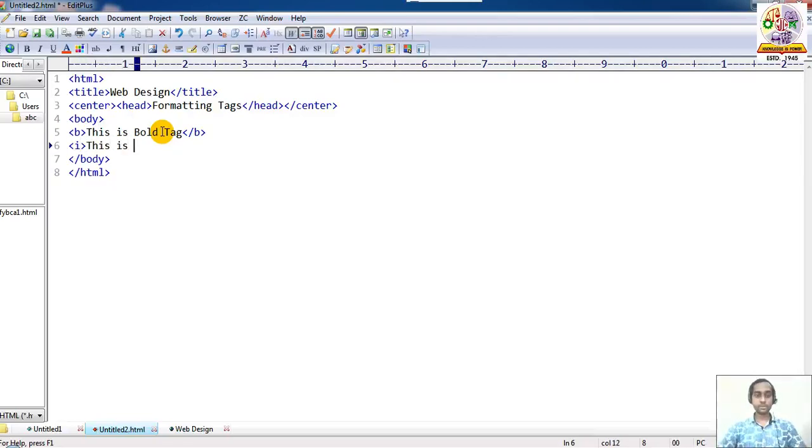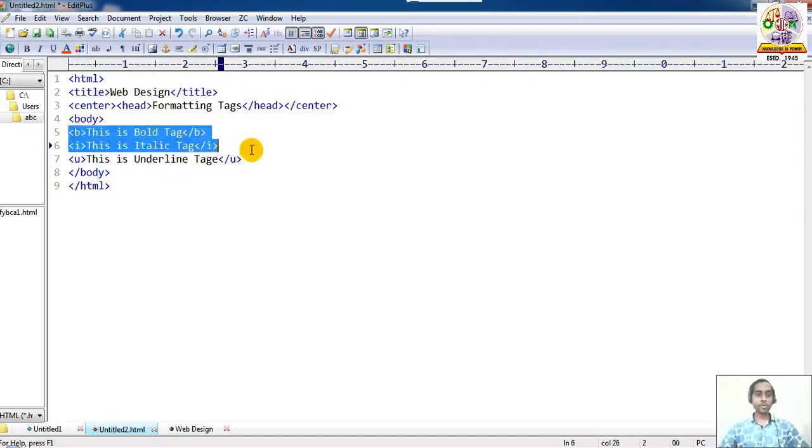This is italic tag, end of I. Then also use underline, you can use simple U. This is underline tag, end of underline tag. This is the main thing of our formatting tags.